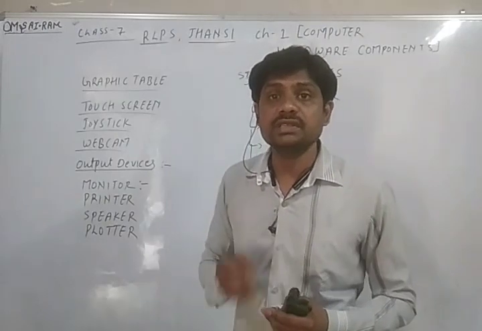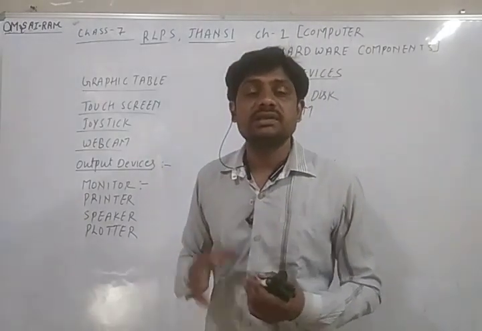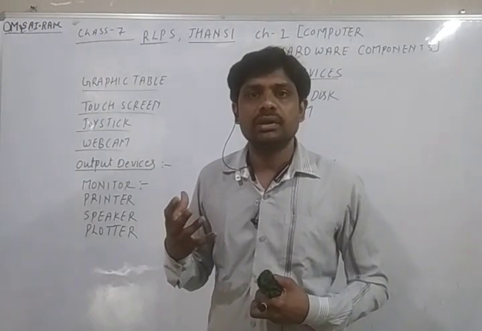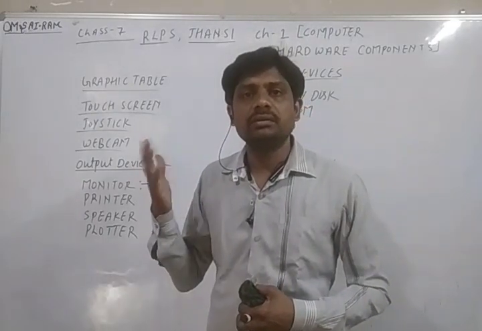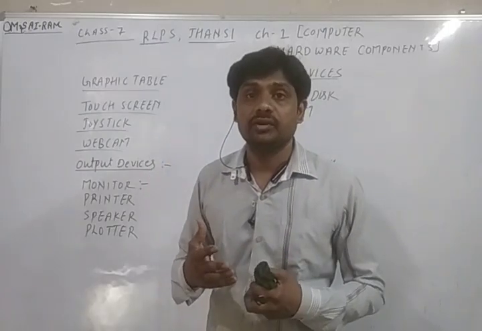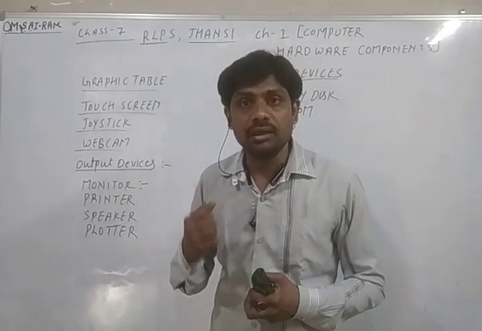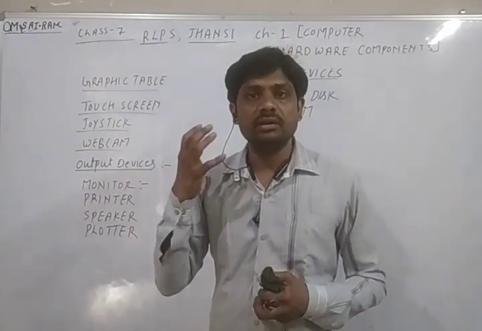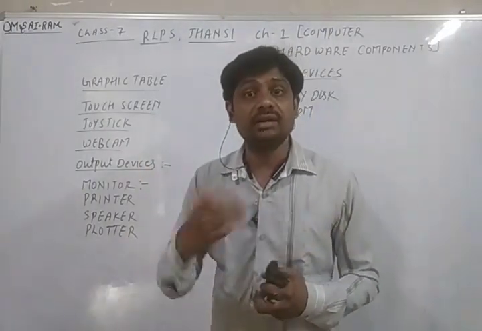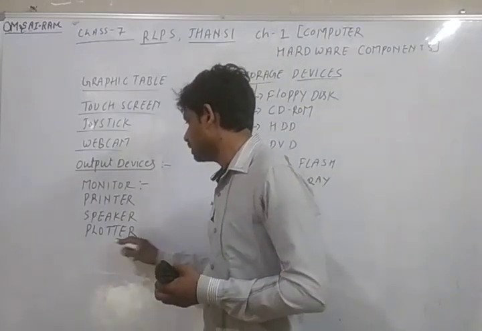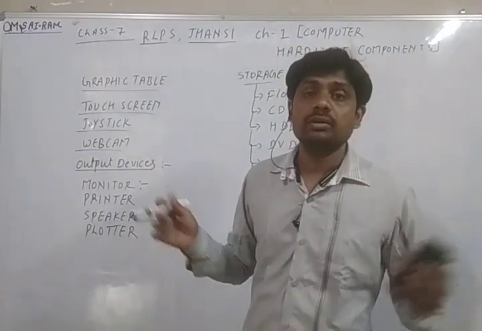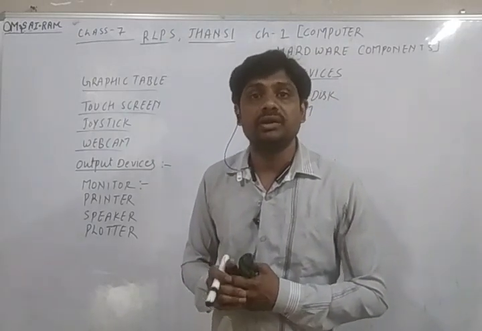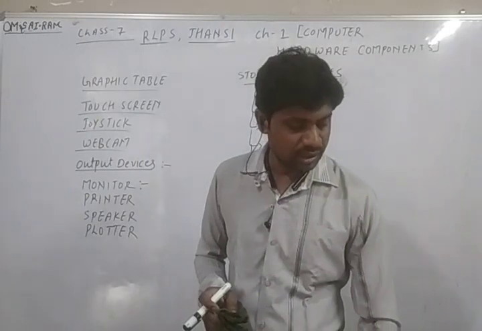Speaker is also an output device, because we listen to music, sound, movies. At that time we need the speaker, because the voice comes from the computer to outside, that is the output. Now plotter is also an output device. It is a printing device. It also prints your material, text, images,